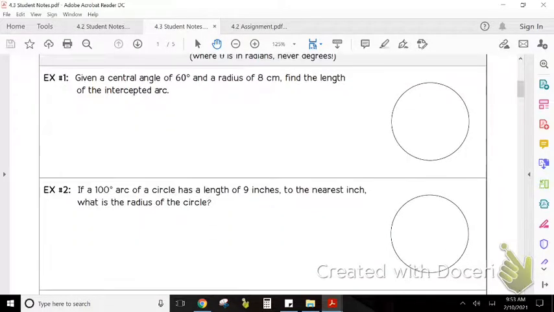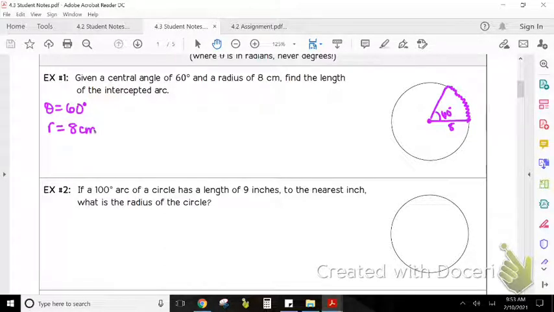So example 1 says, given a central angle of 60 degrees and a radius of 8 centimeters, find the length of the intercepted arc. So we've got a radius of 8 centimeters and a central angle of 60 degrees. That means this angle here is 60 degrees, and we are after this arc length right there. So we know that our theta is 60 degrees, and we know that our radius is 8